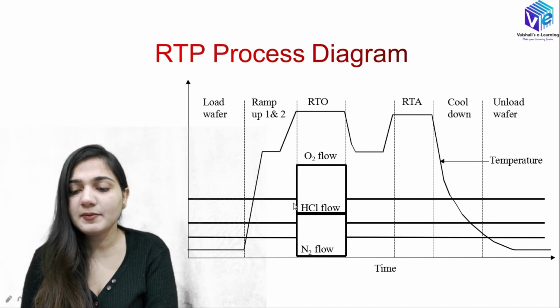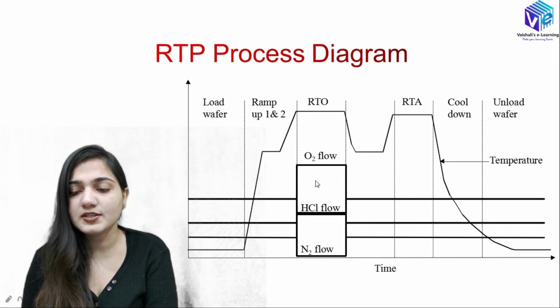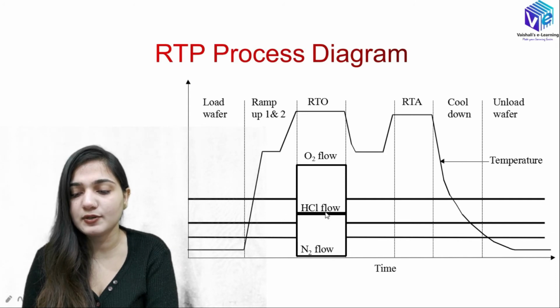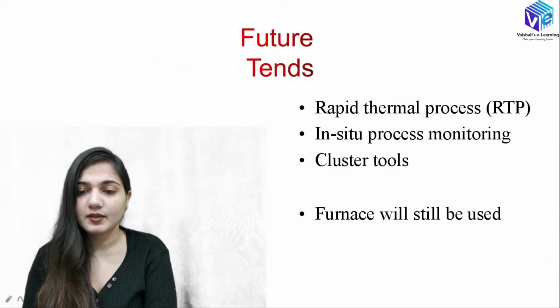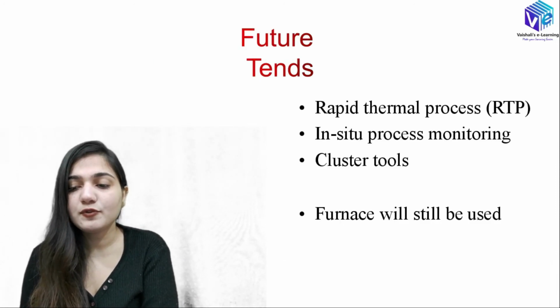So oxygen will be going up only at the oxidation phase. We are supplying more oxygen at the RTO phase only. Okay, the HCl flow will be more only at the RTO phase, and the nitrogen flow will be lesser at this point. So now coming to the future trends, we are moving towards